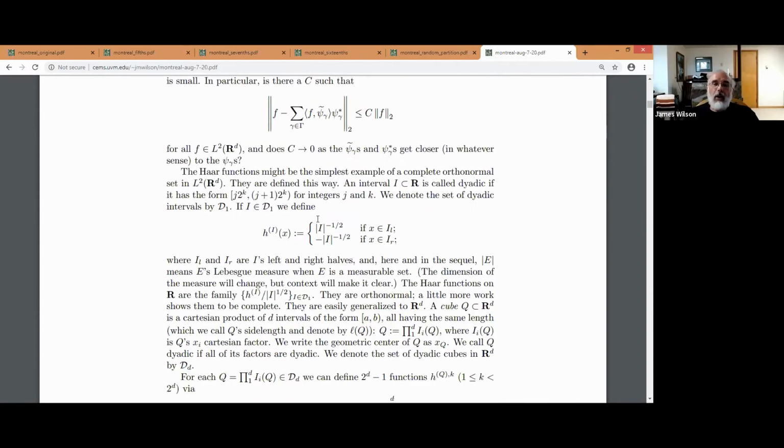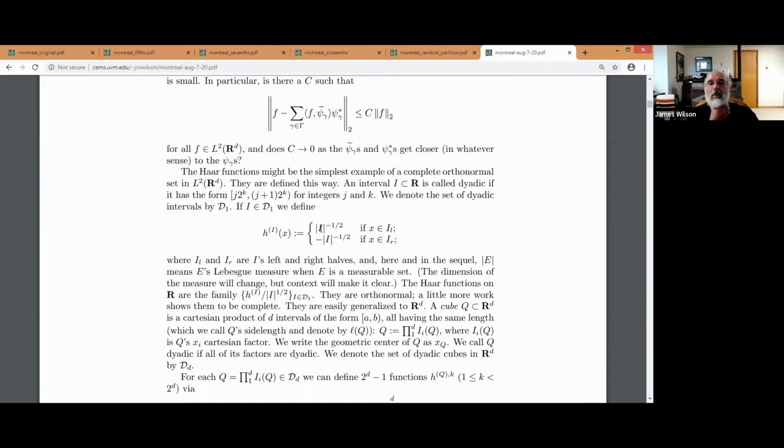So here are the Haar functions explicitly defined. You have the dyadic intervals, which I think everyone is familiar with. And for every dyadic interval I, you have h sub I of x equal to the measure of I to the -1/2 if x is in the left half of the interval, and negative measure of I to the -1/2 if x is in the right half of the interval. Then if you take this family where you have the h sub I and then normalize them, dividing by the measure of I,